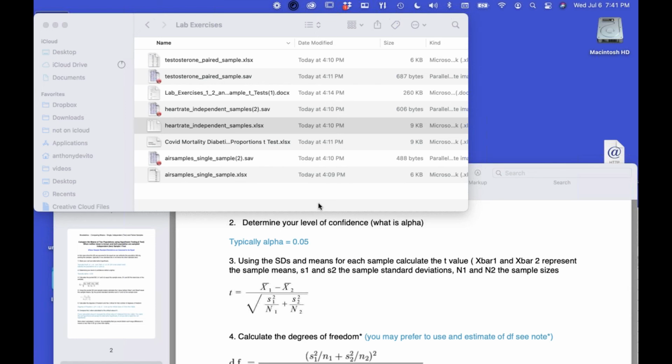Okay, and we are back again. So now it's your turn. Your turn to give this a try. Now, before we get started with that, I just wanted to point out to you on Blackboard, I put a